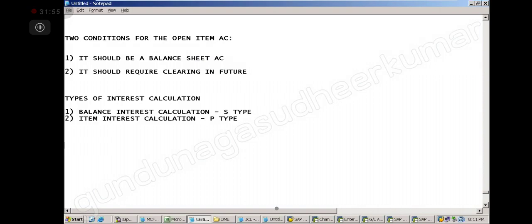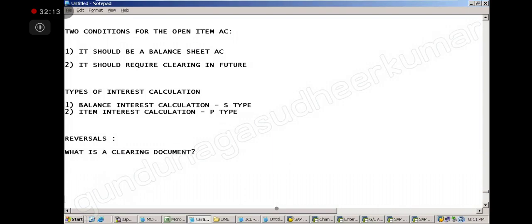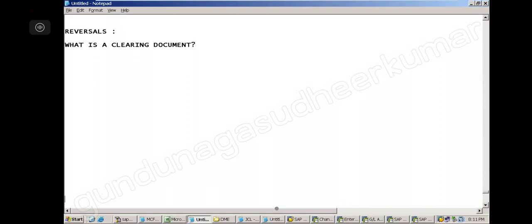Okay, what are the other topics we have talked about? Reversals. So what is a clearing document? After an open item is created and the payment is made, the open item is cleared off.